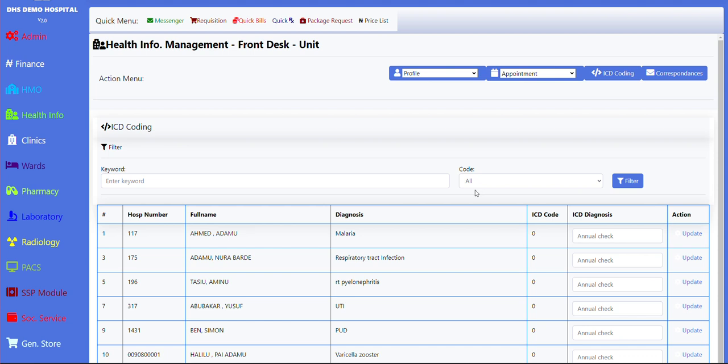Ideally, each and every diagnosis needs to be classified according to that provision. In some hospitals there are units dedicated for that purpose, but in our case the system will try its best to automatically do the